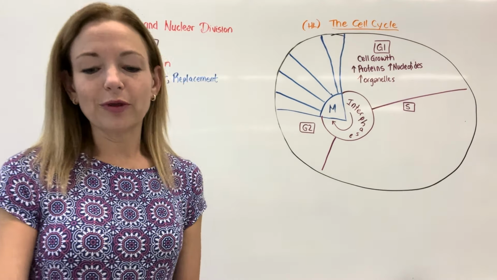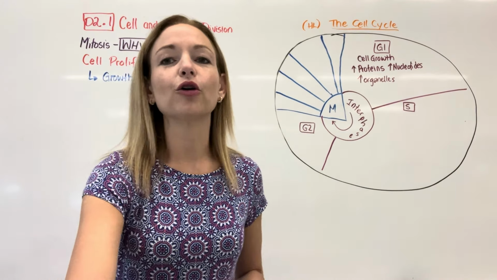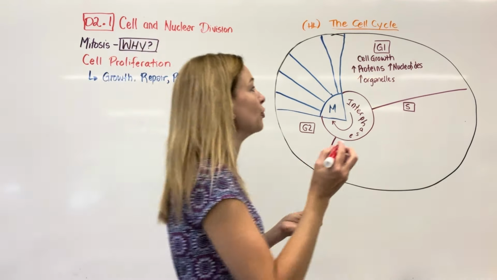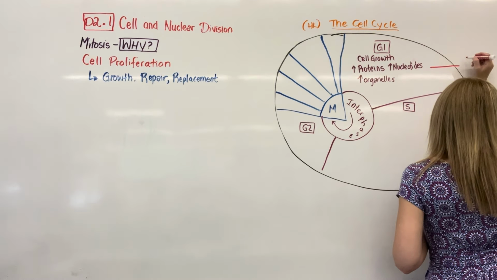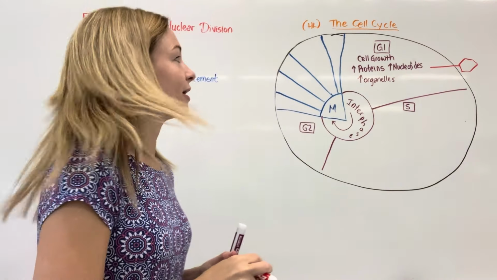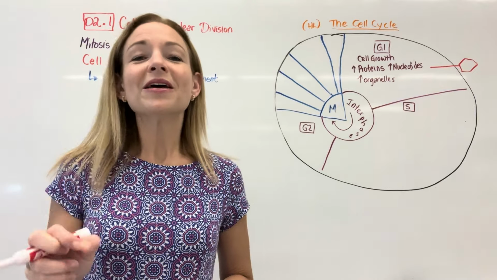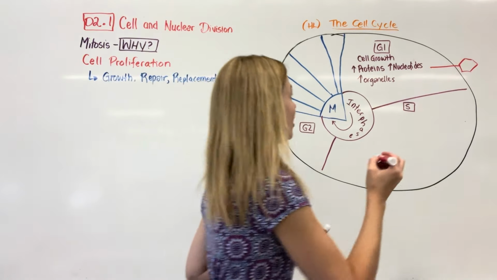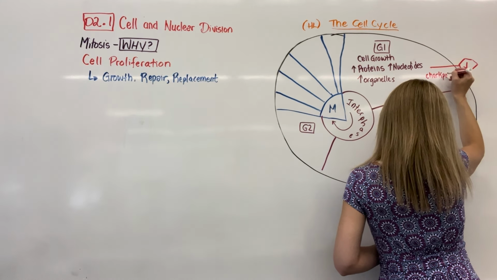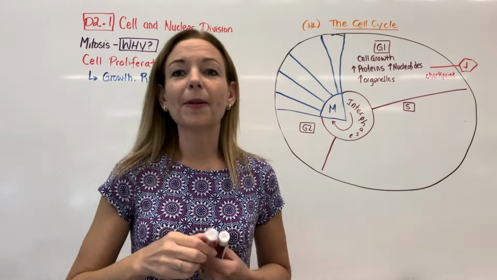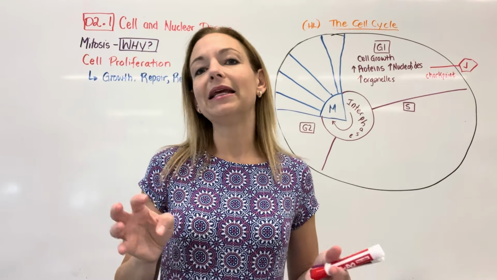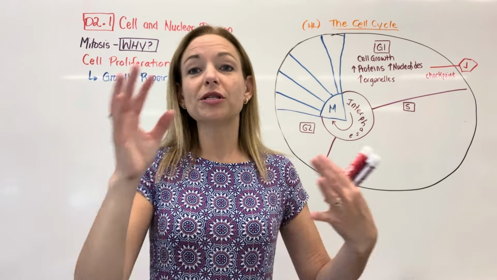Okay, so as it's going through that, when the cell is entering the cell cycle, it is going to periodically have to stop and check that it is fit to continue. So somewhere around here, there's going to be a stopping point. And I do recognize I'm probably going slightly off. That's all right, I can go up to there. So there's going to be a stop to check that it's actually meeting the requirements. So this is going to be a checkpoint. So it's going to stop and check, does it have the organelles and the building blocks that it needs to progress? Is this cell supposed to go on?